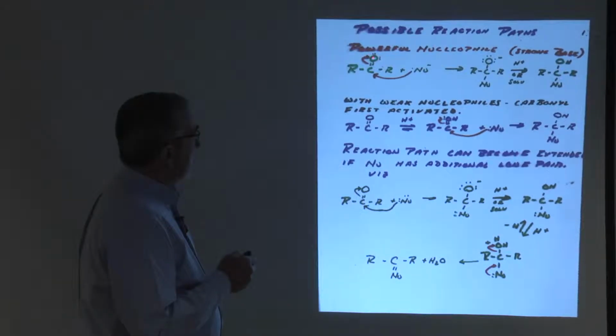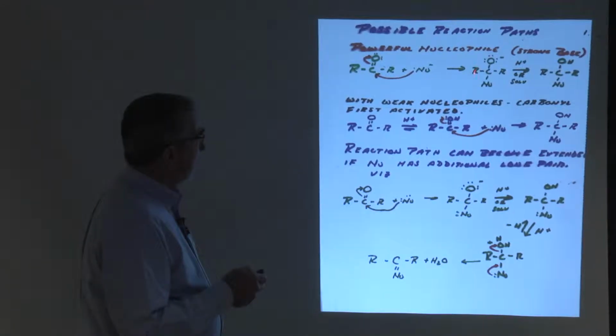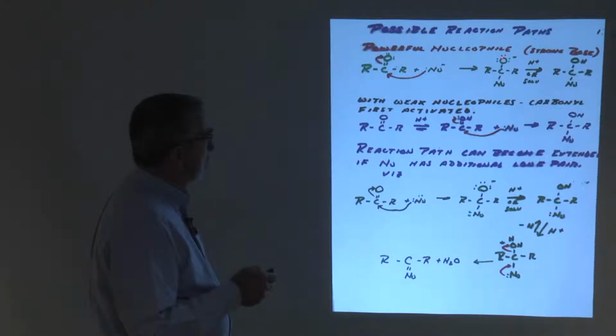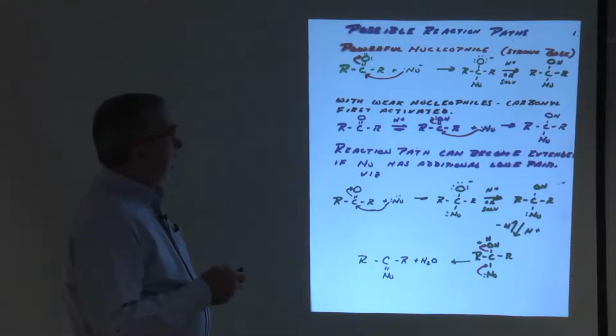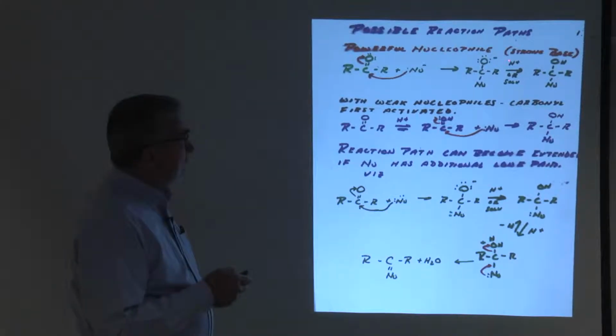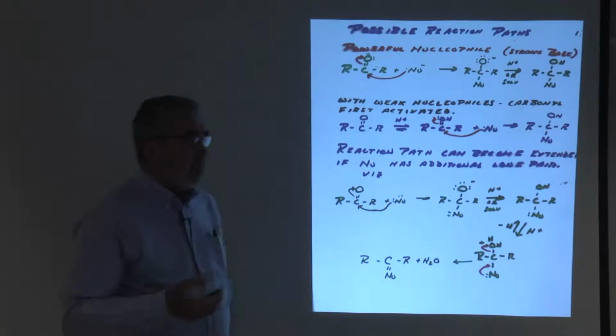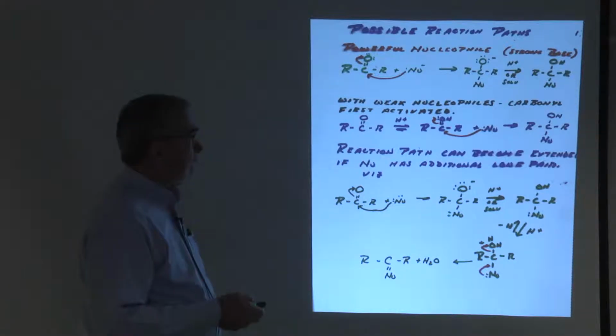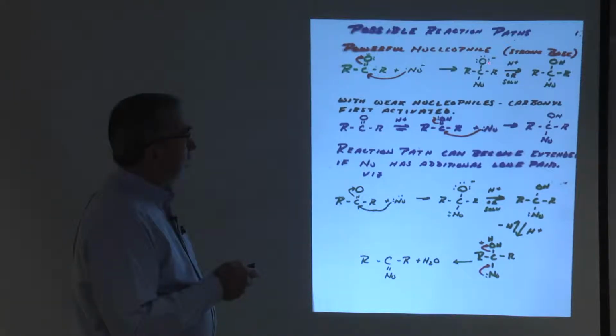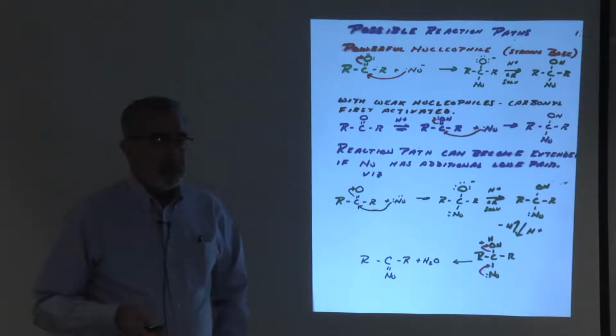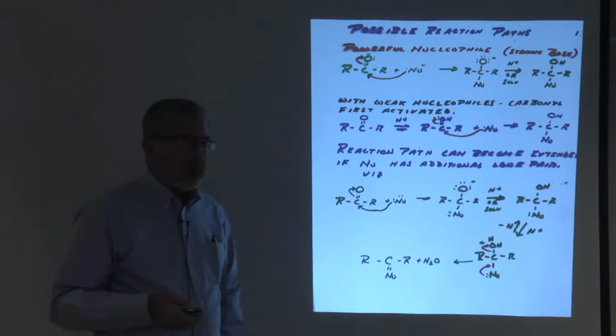drives a pair of electrons up to the oxygen so that we get this intermediate here, which is an oxonium ion where you've got a negative charge on the oxygen. All right, then what you have to do in a separate step is protonate this. You can do that either with aqueous acid or with just water itself. The result is that you protonate this oxygen, you turn it into an alcohol, and this is your final product. Okay, this is the type of reaction that you're probably familiar with, say a Grignard reaction,